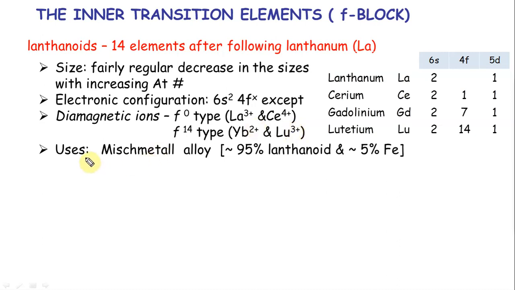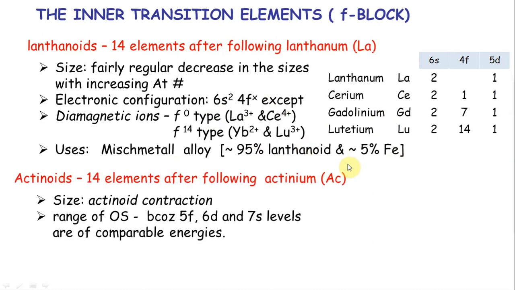They are used for a couple of things. They can be used to make plates as well, but the most important one that you want to know is mischmetal alloy. 95% of some of the lanthanoid elements with 5% iron is extremely useful. That's the major use of lanthanoids. Now I kept to bare minimum of lanthanoids based on the question that has been asked. Similarly, actinoids I kept it to even simpler.